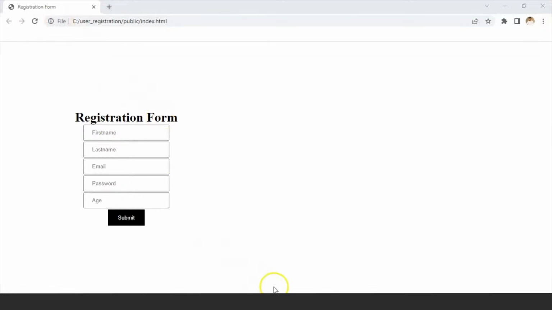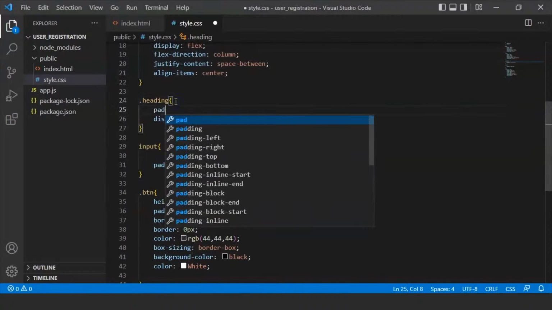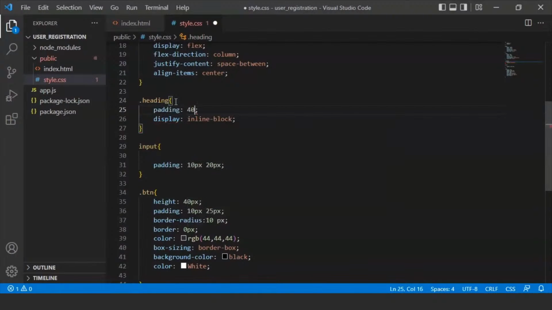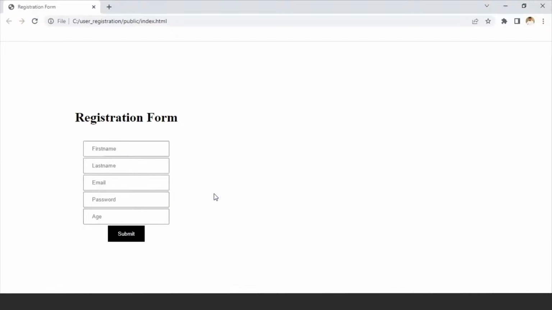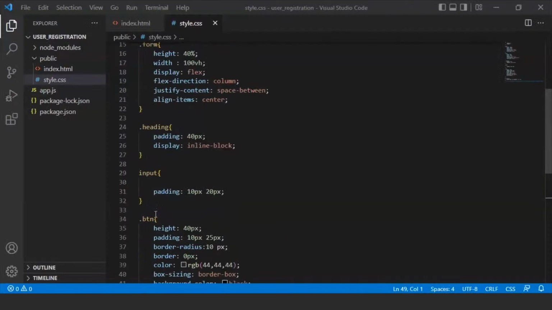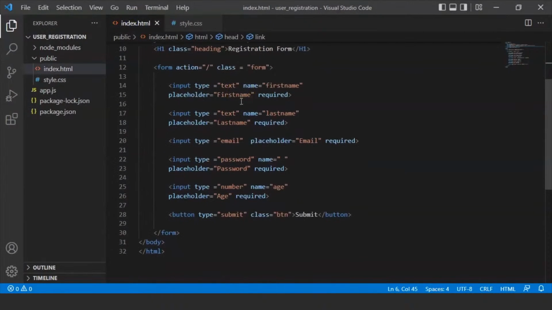Let's make this a little up. The heading part will give a padding of 40%. Get the CSS file, go to the form and see. Yeah, it looks cool now. Let's see, everything is working fine. Coming back to our VS Code, so our front part is ready. If there are any changes, we'll do it later. Now coming back to our backend part